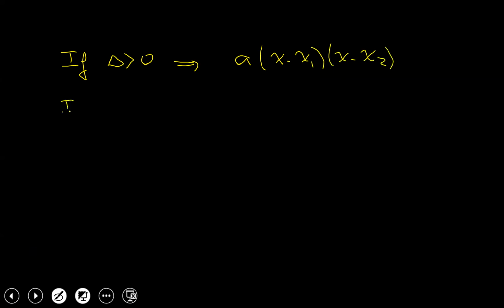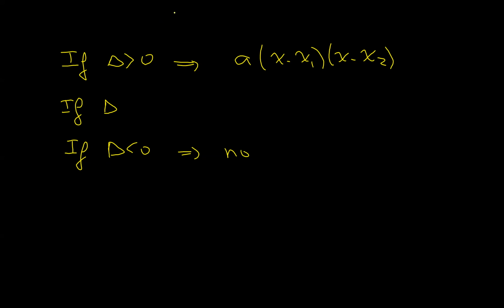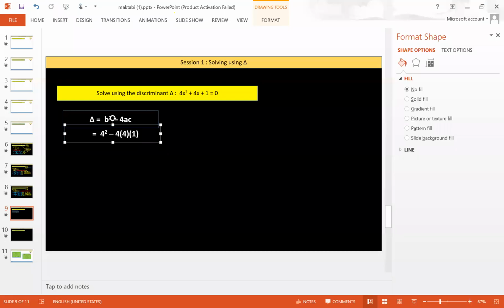Now what happens if delta is negative? If delta is negative, there is no factorized form. However, if delta is equal to 0, then if delta is negative, no factorized form. If delta now equal to 0, okay,